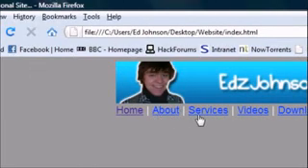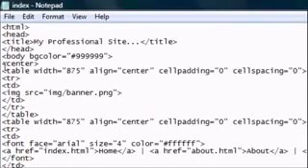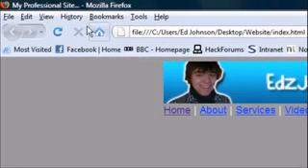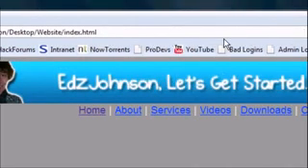Now the menu bar is not in the center. The table's in the center, but the contents inside it is not. And the way to change this is you edit the TD tag, so TD space align equals center. So what that means is the table is in the center and the contents inside the table is also now in the center. So press Ctrl S or File Save, refresh it, and you'll see the menu bar is now